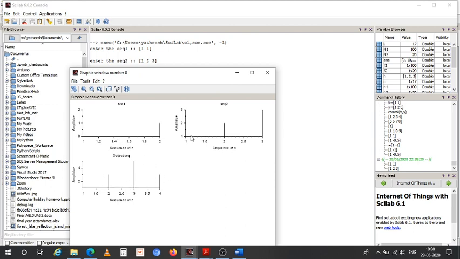This is the output sequence, input, and another input sequence 2.